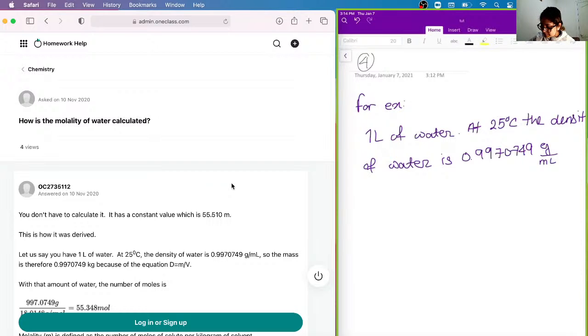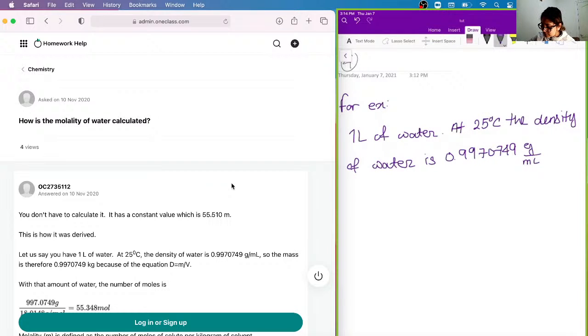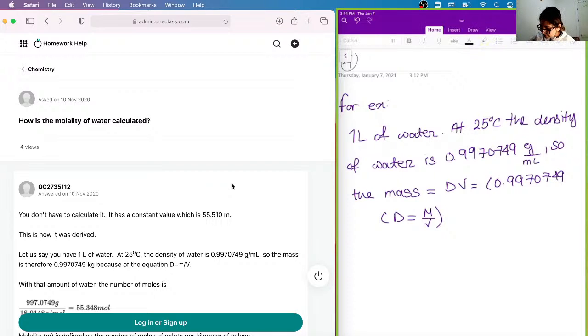So you can calculate the mass from this if you recall that density is equal to mass over volume, so mass is equal to density times volume. In this case you just multiply the density, 0.9970749 grams per milliliter,